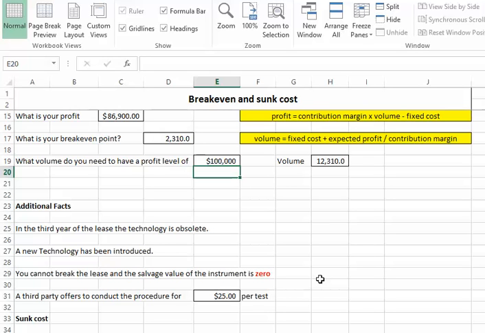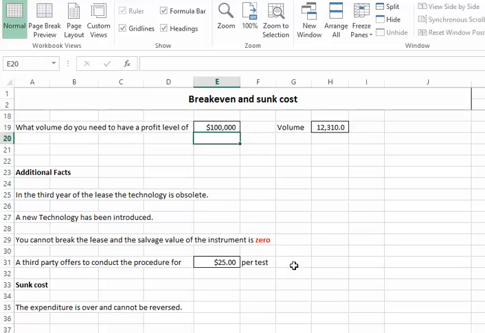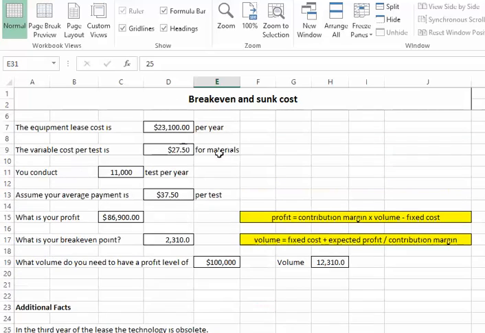So the question becomes, what do we consider when making this decision? And the reality is that in a sunk cost scenario, the expenditure related to the piece of equipment is over. That expenditure cannot be reversed. Therefore, the sunk cost of the equipment becomes irrelevant. The only thing that becomes relevant is the cost provided by the third party and our variable cost, which we determined was